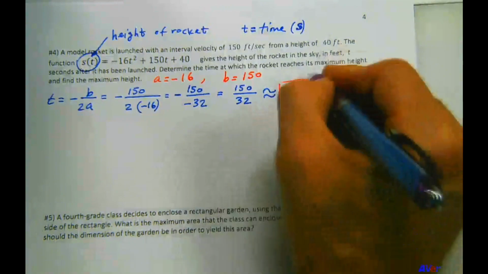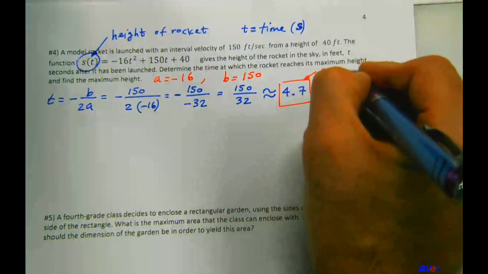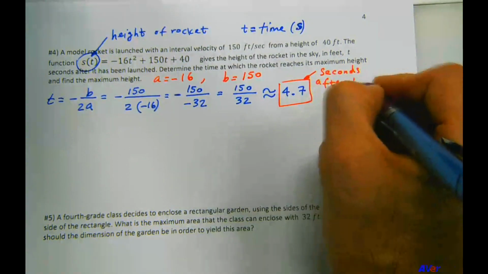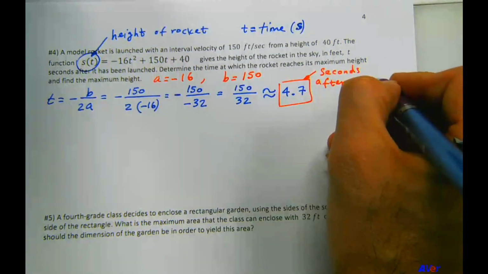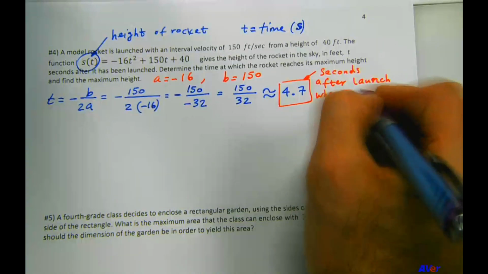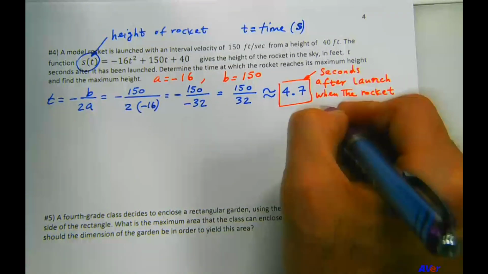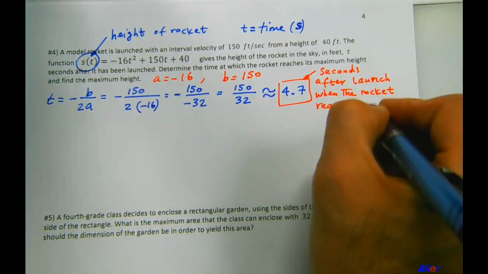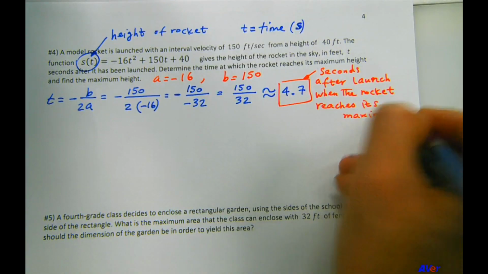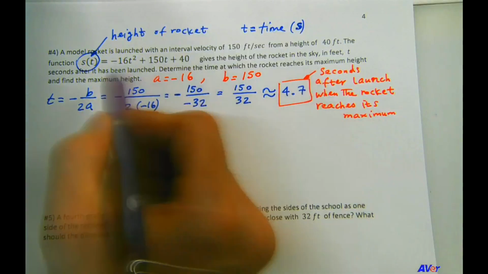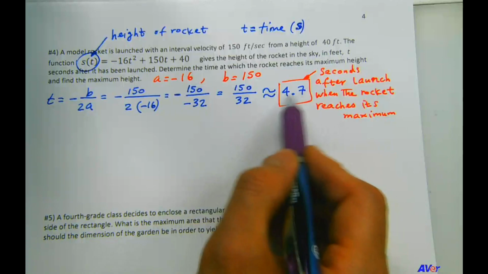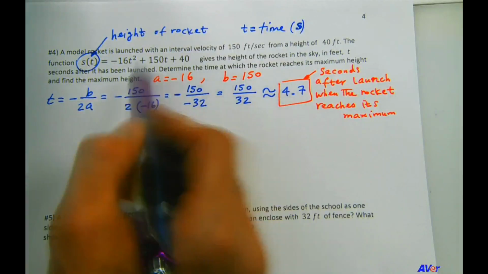So that's 4.7 seconds after launch, when the rocket reaches its maximum. Okay, so they also want to know the maximum height. So all we have to do is plug in this rounded time into this equation and